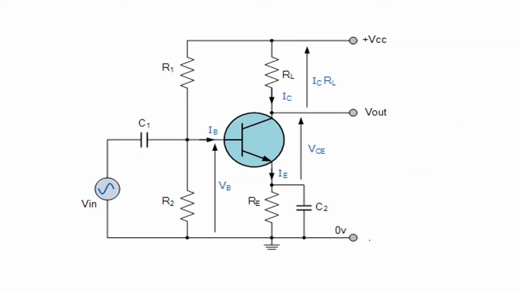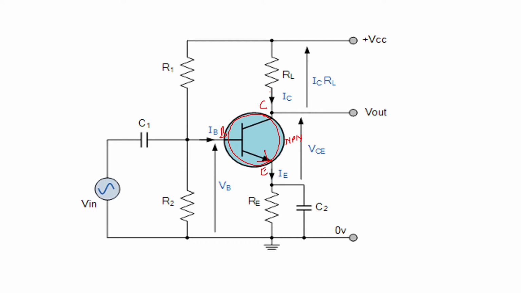Then you can see the circuit of the transistor as an amplifier here. So here we have shown this is a transistor. This is an NPN transistor which is shown here, NPN. Now here you can see the arrow mark. So this is your emitter, this is base, this is collector.